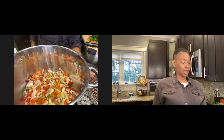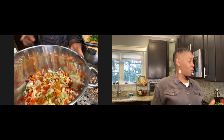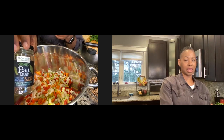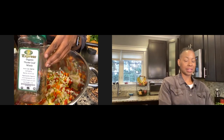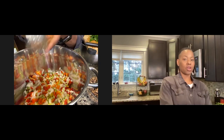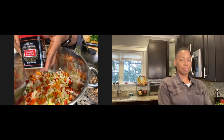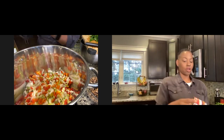And while that's sauteing, I can talk a little bit more about the spices that we're going to add. We are going to add a couple of bay leaves. We are going to add some thyme, about a half a teaspoon of thyme. We're going to add some black pepper. We're going to add smoked paprika. And we are going to add